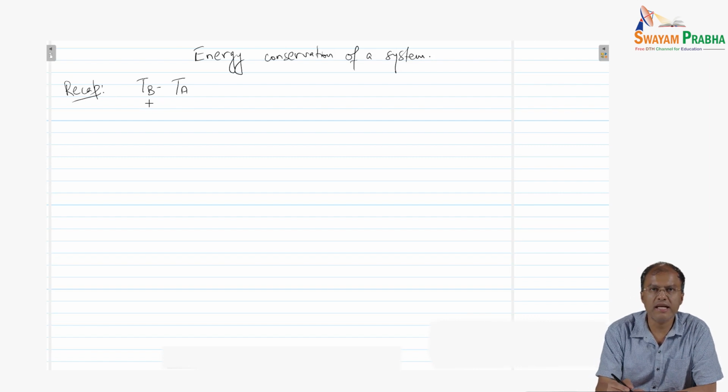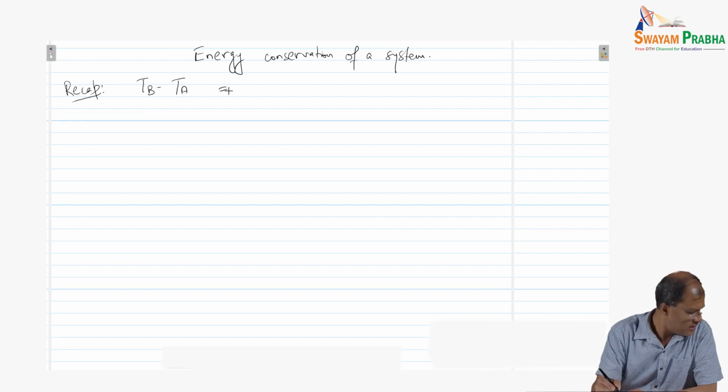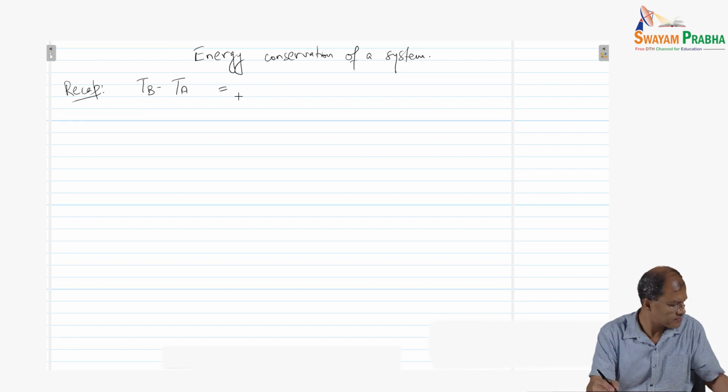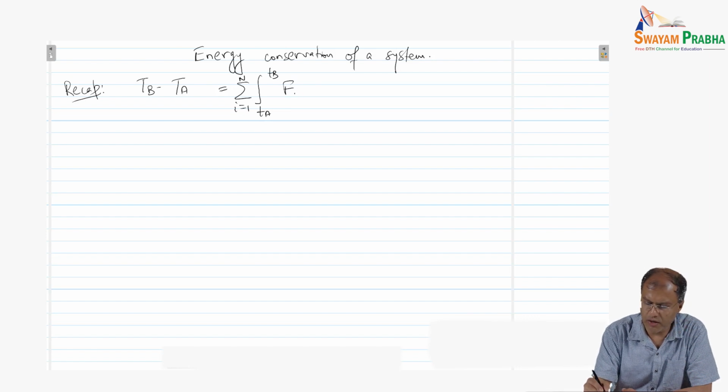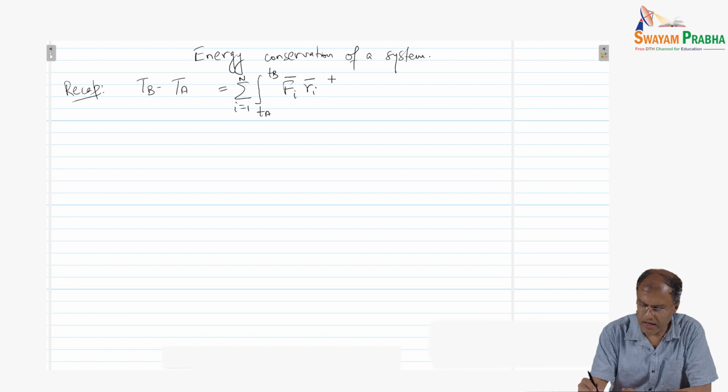The change in the kinetic energy between the different configurations of the system is given by the sum of the work done by each of the particles in the system, i from 1 to n, integrated from time point A to time point B. This is the work done by the external forces, Fi · ri dt. Right, so this is due to the external work done